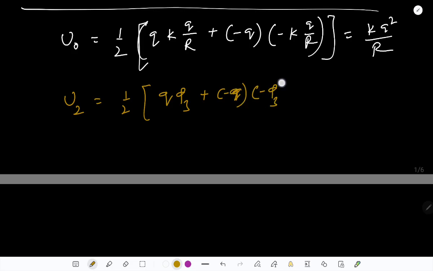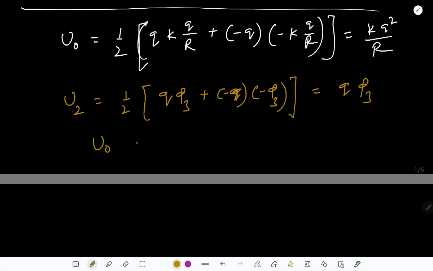minus phi 3. You don't need to write anything else, as you have changed the potential energy at its surface, and due to mutual interaction, its potential energy has changed to phi 3 and minus phi 3, and so both summed up, and you get the value that final potential energy of the system becomes phi 3 q, and you can use again the law of conservation of energy, and you can write